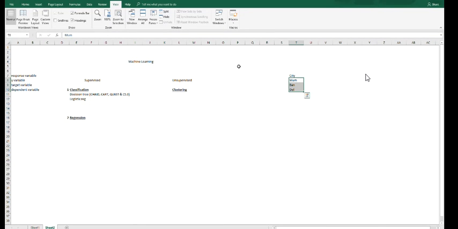So we have a finite number of categories here. To give you another example, it could be yes or no, or true, false. So we have a finite number of categories to predict, whereas in regression, we have infinite